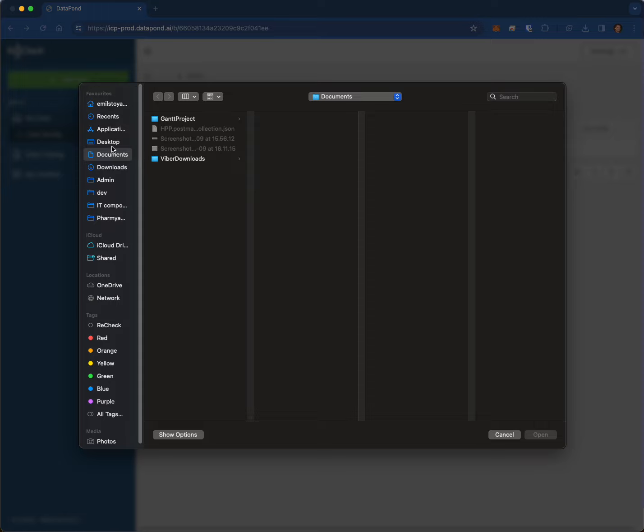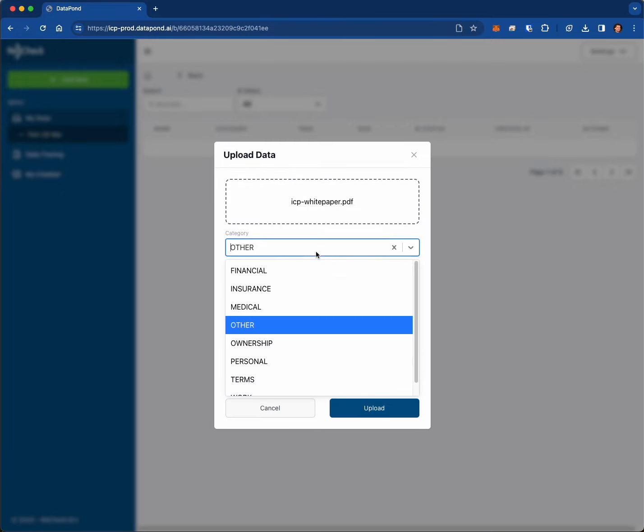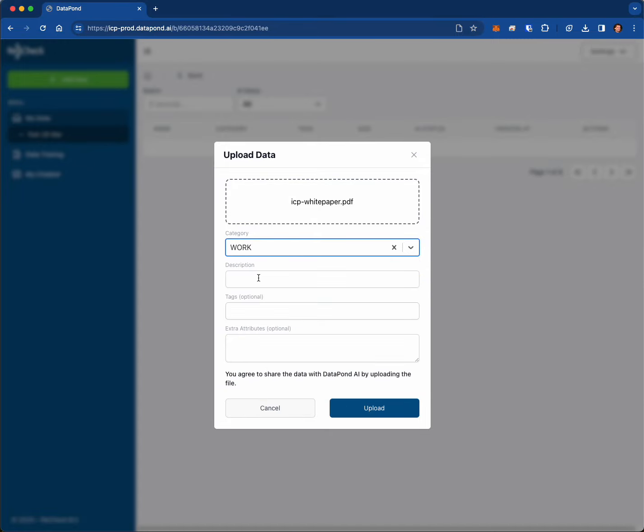We're uploading the white paper of ICP. Here we can select a category and other metadata that can help us later find easily the file if needed. So we just hit upload,